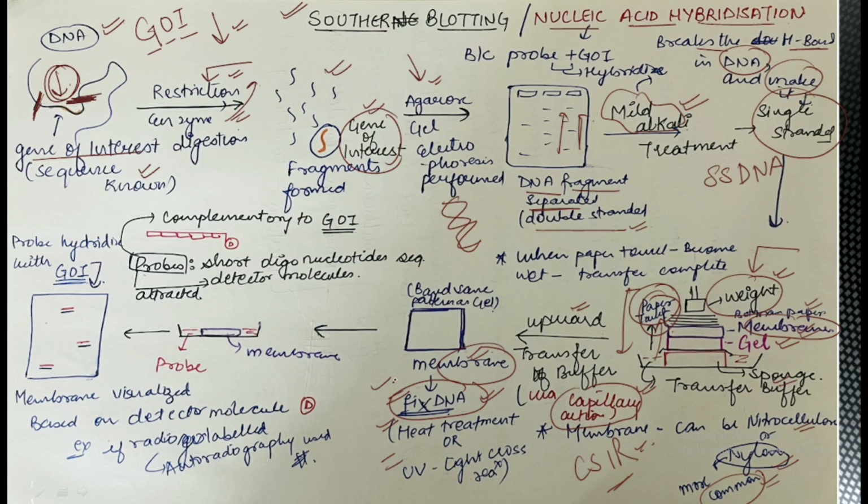Now there occurs the treatment of the DNA in order to fix the DNA. Why do we require to fix it? Because if you want to analyze something, you need to have it in a particular position. So for that itself, the fixing of the DNA is done, and it is done via either heat treatment or UV light cross-linking. Depending on the nature of our complete setup, we perform the fixing of DNA,